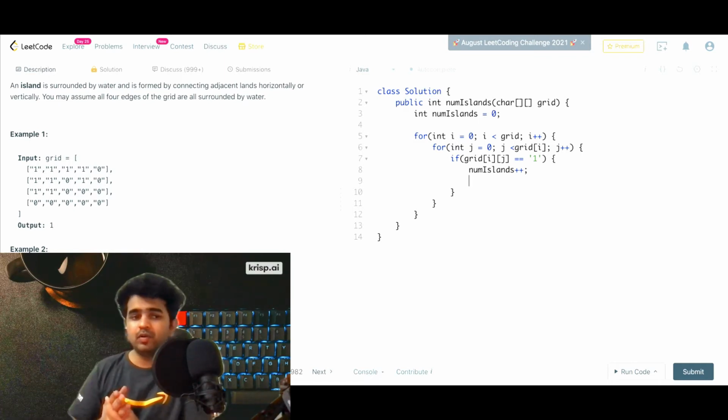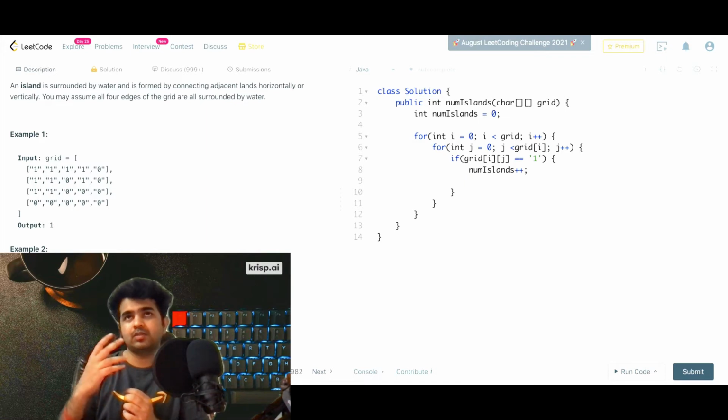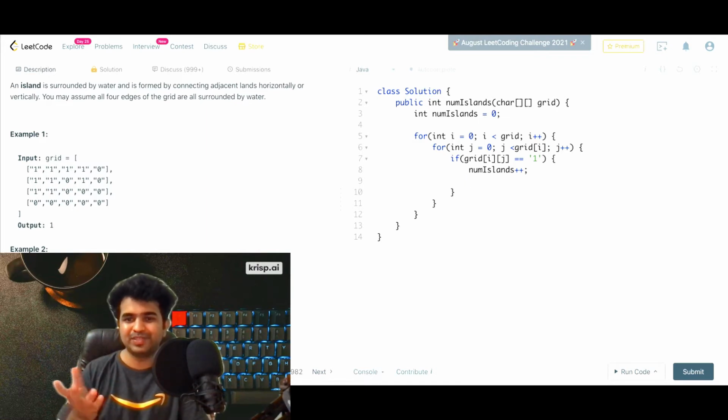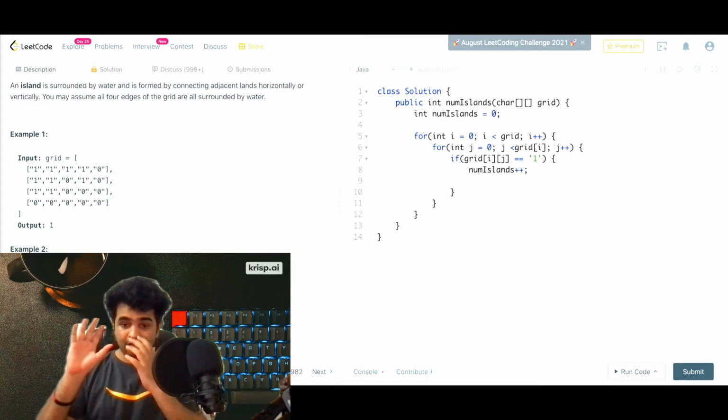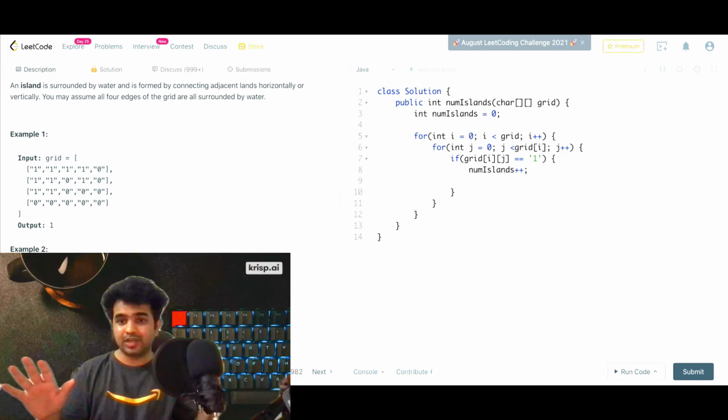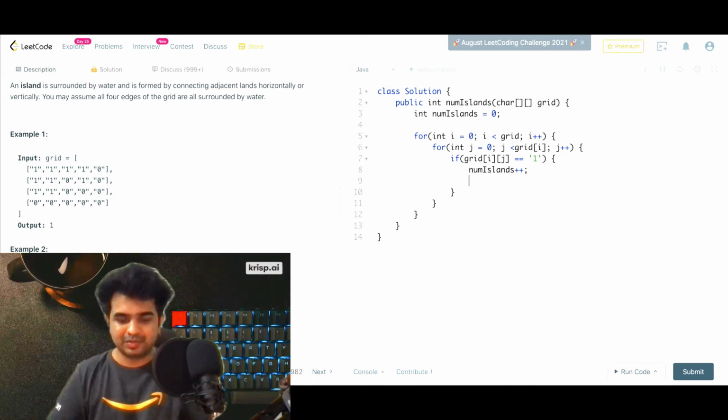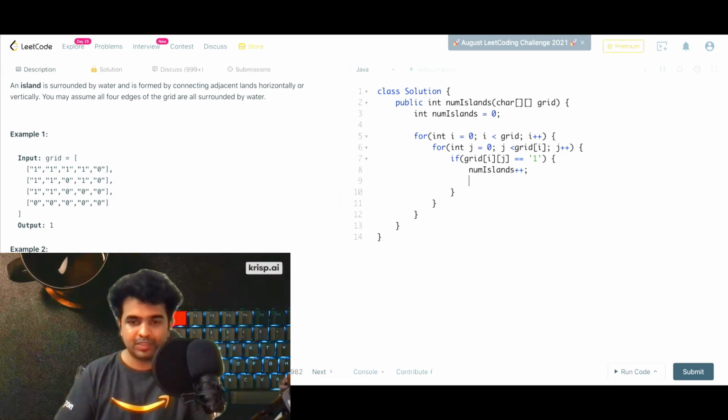But one easier way to do it is that whenever we see a 1, we will sink it, let's call it, we will convert it to 0. Basically, we will sink the island, all the connecting ones, we will sink all of them. So whenever we reach an island, we will just sink it, so that in future we will not count it. So let's create a method that will sink our islands. Let's call it sink. We'll define it later.